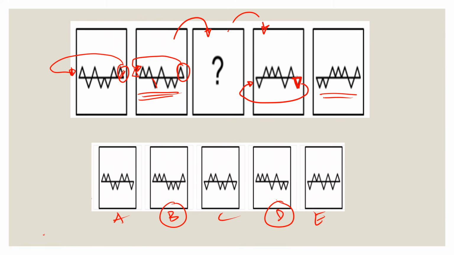However, what we have here is after the 3 triangles, we would have 1 down, 1 up, 1 down, and another 1 down. And that's only D, which fits the bill. However, again, we need to confirm if our hypothesis is correct. So we need also to check, if I transfer the rightmost triangle here, will I get the one on the fourth? And the answer is yes. If we transfer it here, it will go to the bottom, and this will be gone, and that is exactly the fourth. So that confirms that our choice of letter D is the missing image in our sequence.